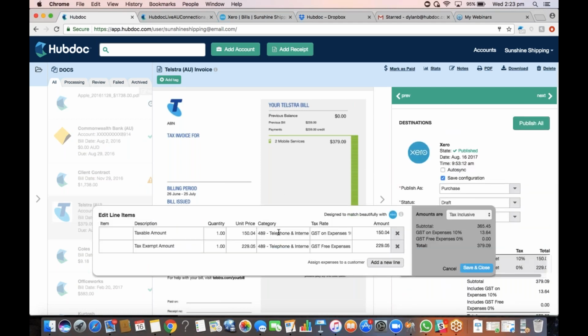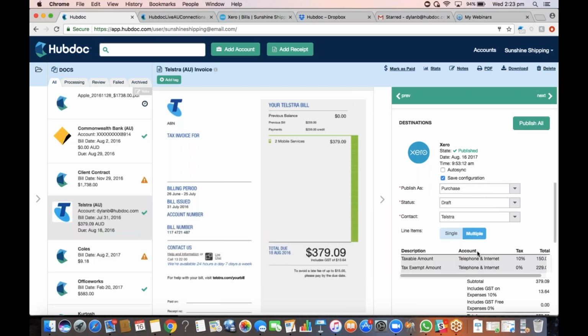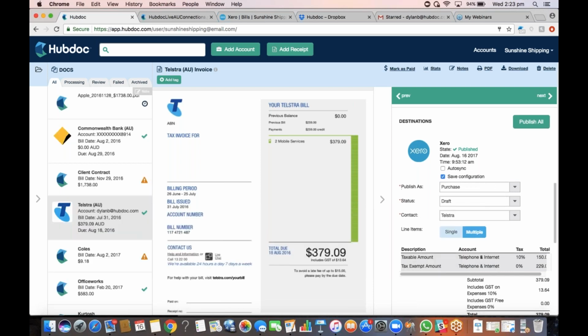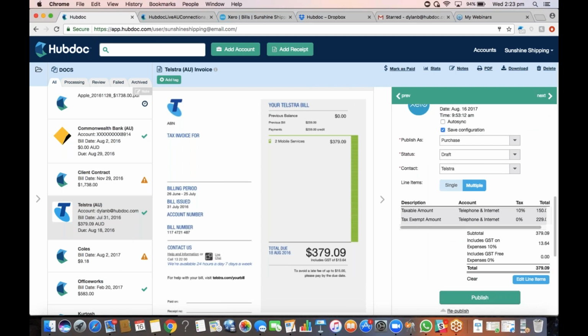And then you can see there that those line items have been automatically generated by Hubdoc for you. And you can, if you needed to split what category, so if you had a taxable and non-taxable category in your chart of accounts, you could change that there and then click Save and Close. Once you've hit Save and Close, this will be ready for you to publish across. Simply select how you want to publish the document, whether it's a purchase or a spend money, for example, and then decide whether you want to publish it across as a draft or an authorized bill, and then what the